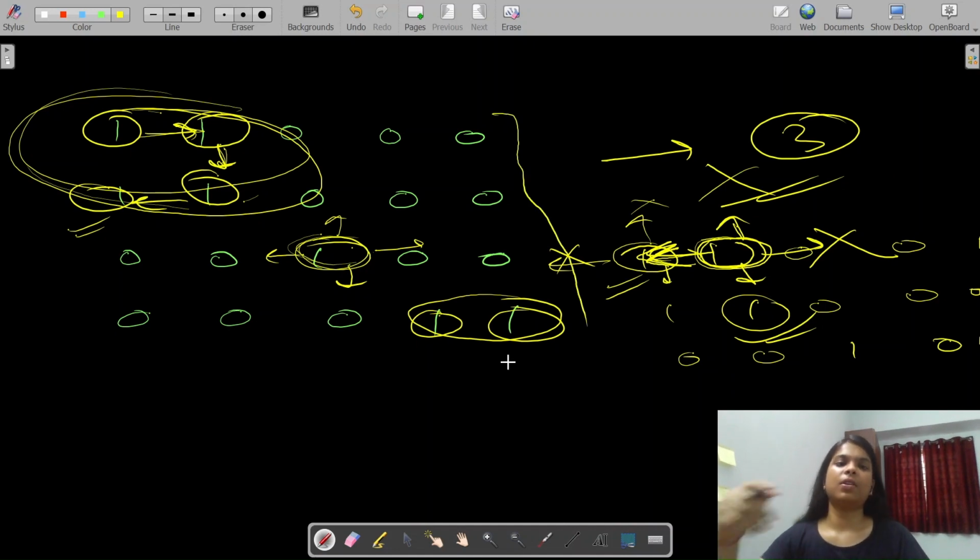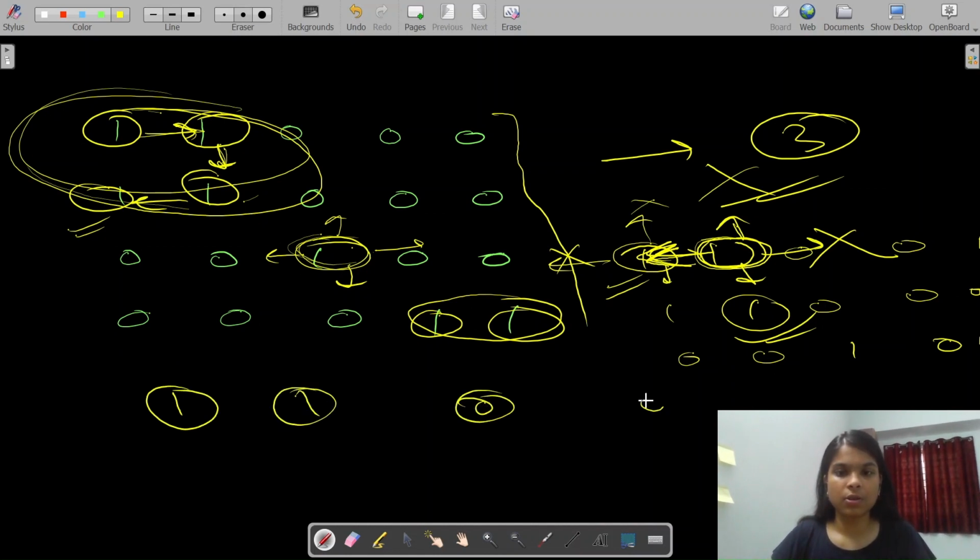Okay. But we have studied finding the number of connected components in a graph, not a grid. So see, it is also a graph. This is one, this is one, this is zero, this is zero. Treat it as a graph. We can traverse from this node to this node, this node, and this node.